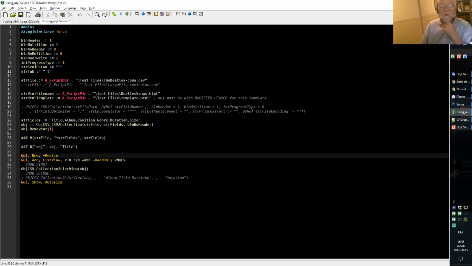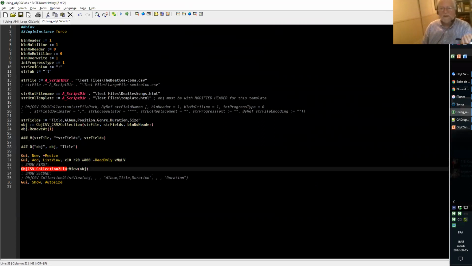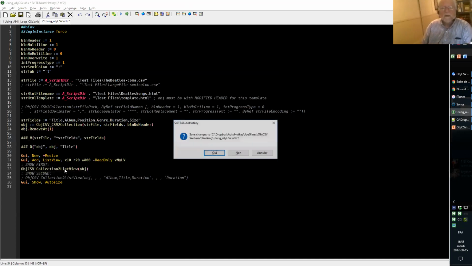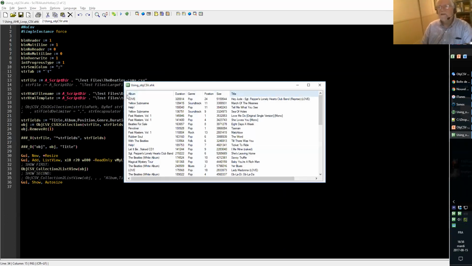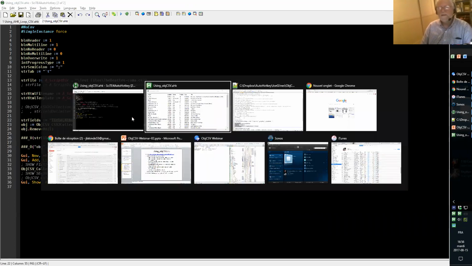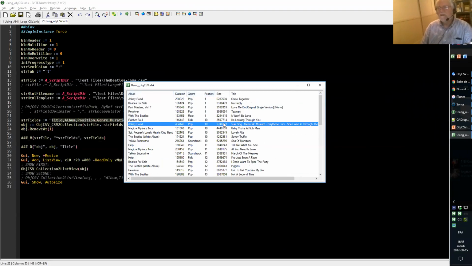Yeah, okay. So a very simple GUI with only a list view on it. And I'm using this function here, which is collection to list view. I'm giving it the object, and there's a lot of parameters that I won't show you, but that you can use to say how, but in fact, we'll see some of them in the second example. Cross fingers. And here we have the list view with the header, which is the titles of the fields that we gave it, then the content. And of course, we can sort and manipulate this data as you can do with any list view.